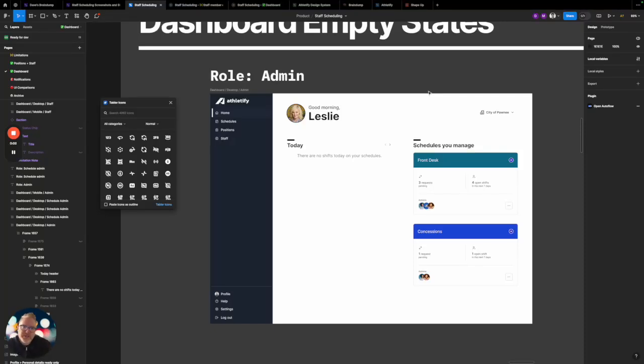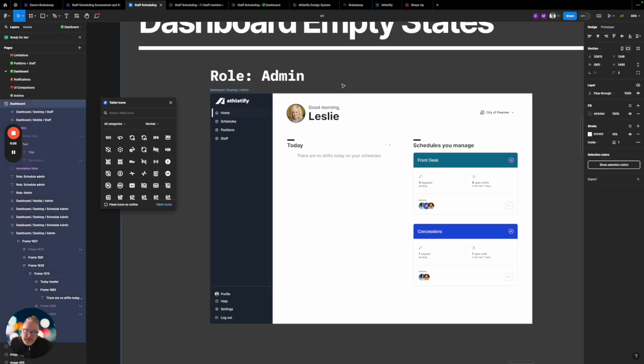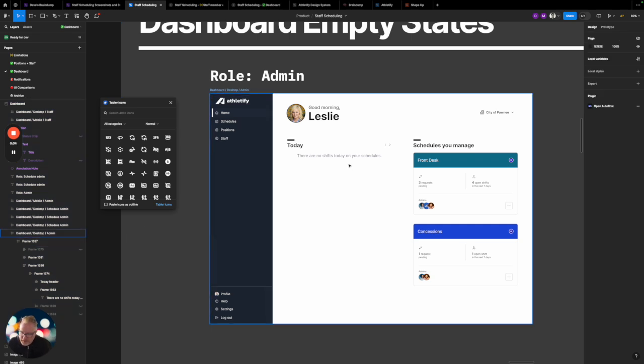Hey, so I thought I'd just share another simple use case for how I'm using AI in my design workflow. Today I'm working on our dashboard and specifically trying to design an empty state for when we don't have any data to display in certain sections of the dashboard. Right now I've just got this simple message here, but I'd like to at least have an icon above that message, just so it visually looks a little nicer and communicates a little more